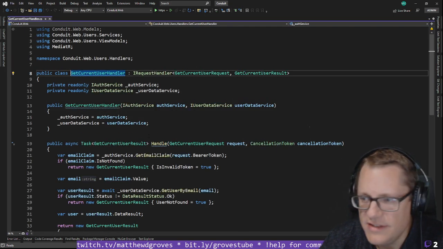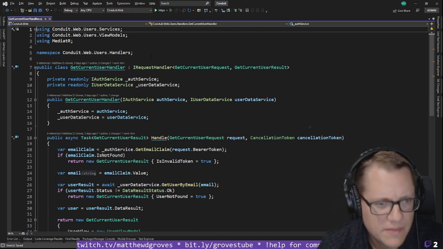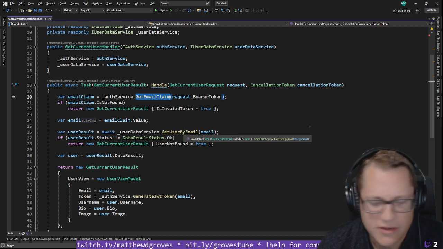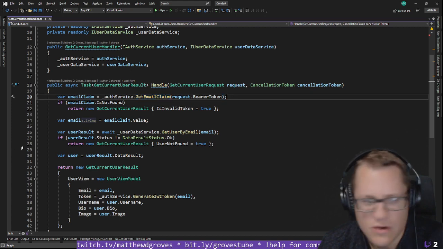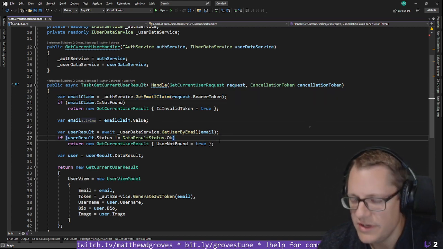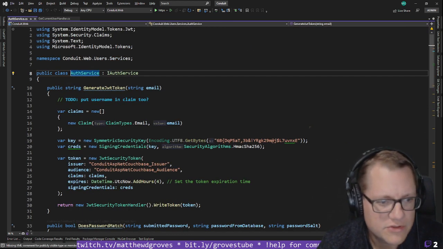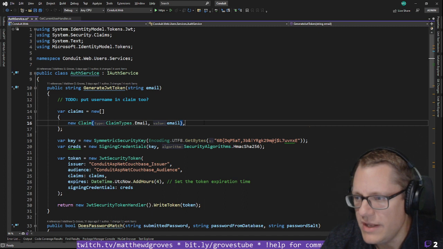So the next thing is these handlers. This is the get current user handler. It is getting the email claim to look up a user by email. Now I don't want to do that anymore. I want to look up the user by username. So I really have to go start in the auth service here. So let's go back to the auth service. Generate JWT token. This is where I should put in the